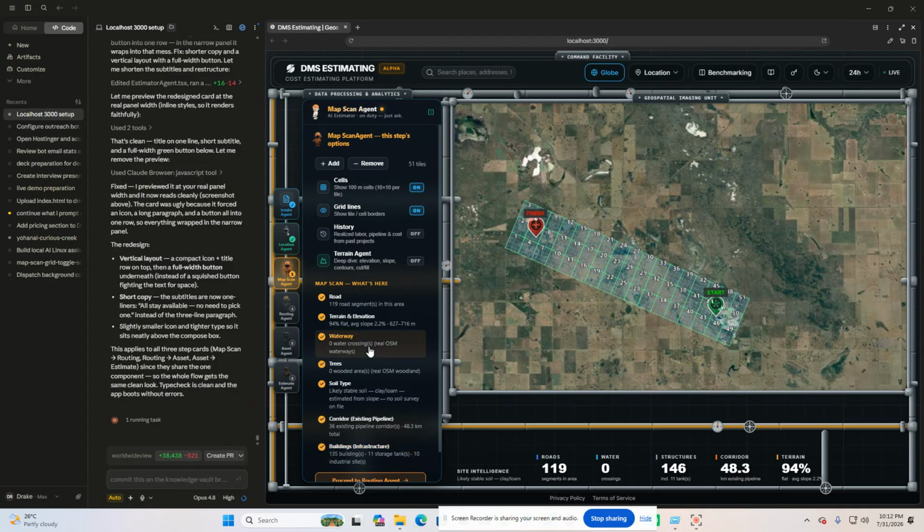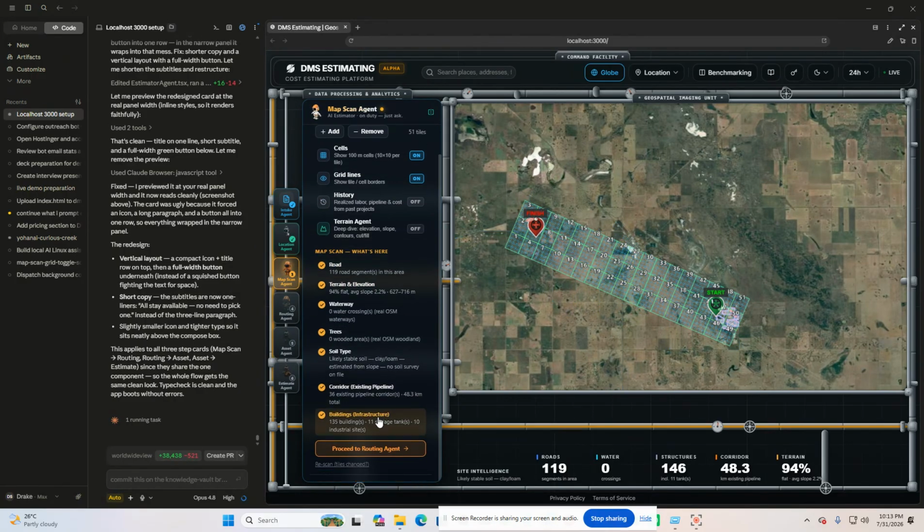Maybe later I will add it so that when you click the road, it will show a text explanation here. Actually, this is the summary. So once everything is okay here, you can click.